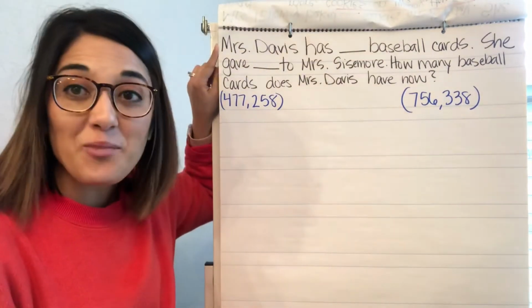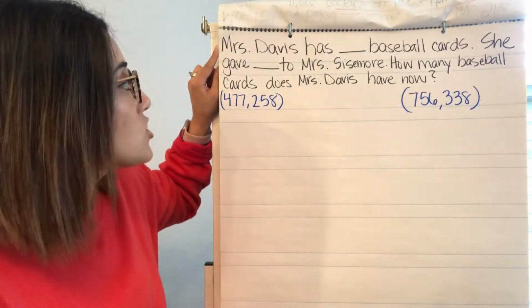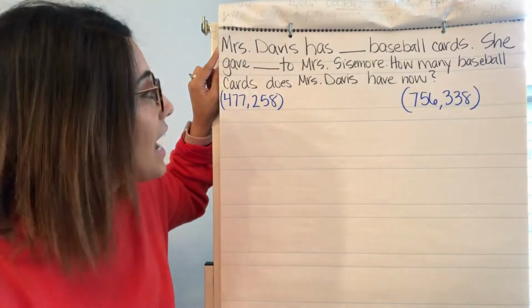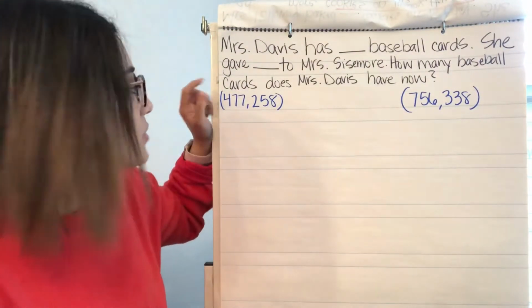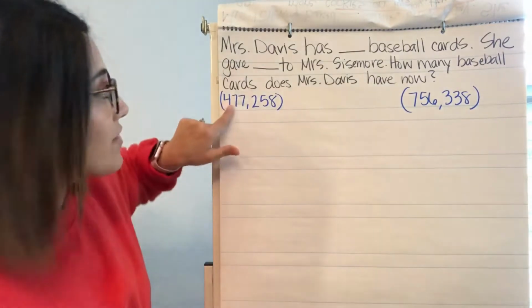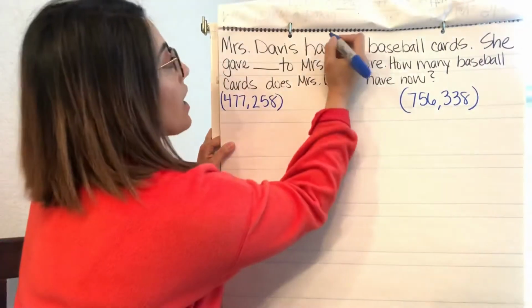Mrs. Davis, so I'm one of the characters in this story, has blank baseball cards. She gave blank to Mrs. Sizemore, so Mrs. Sizemore is the other character. How many baseball cards does Mrs. Davis have now? Okay, so we've got to put in the numbers that go. So we know the first number goes in the first blank, the second number goes in the second. So Mrs. Davis has